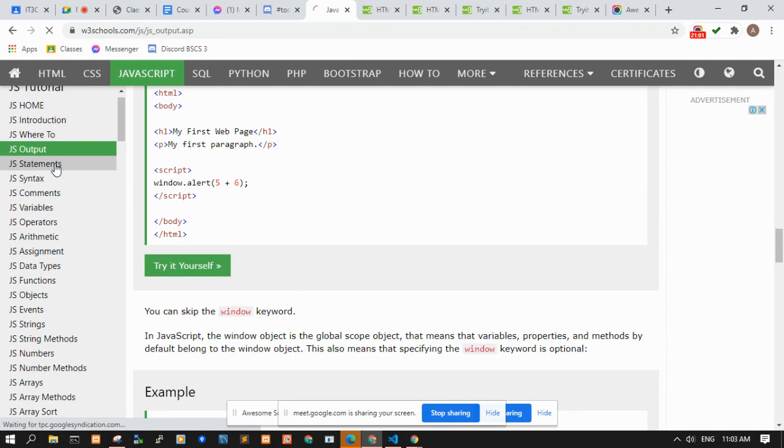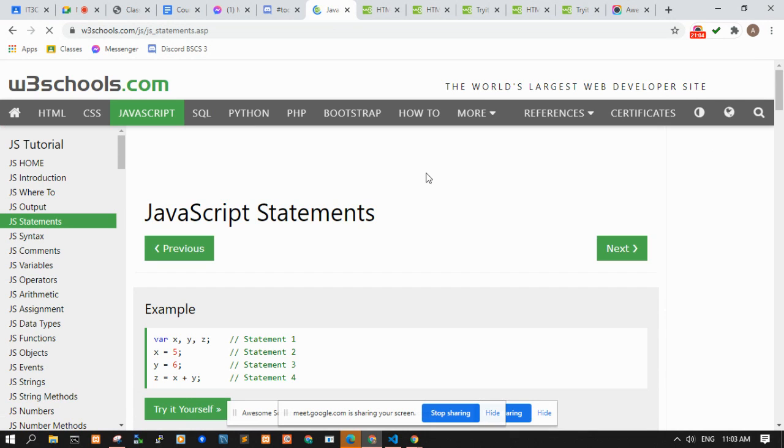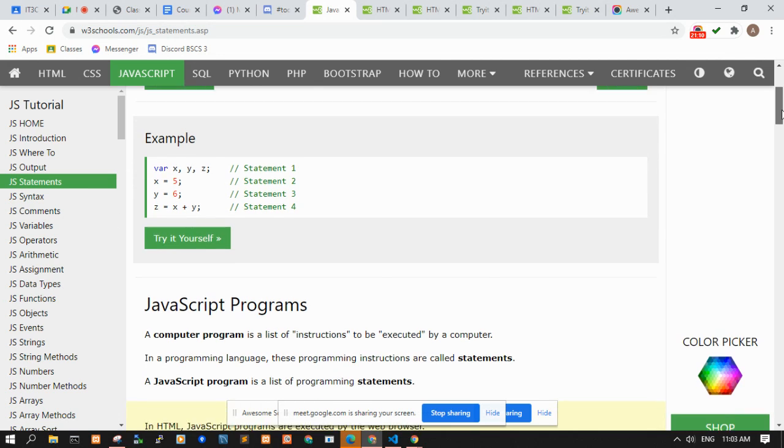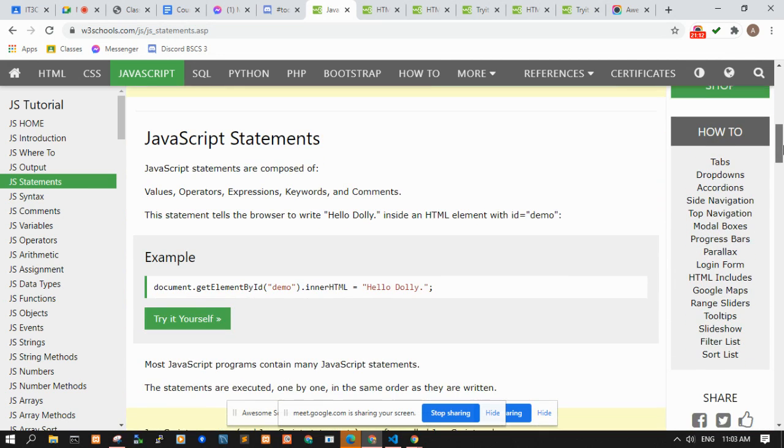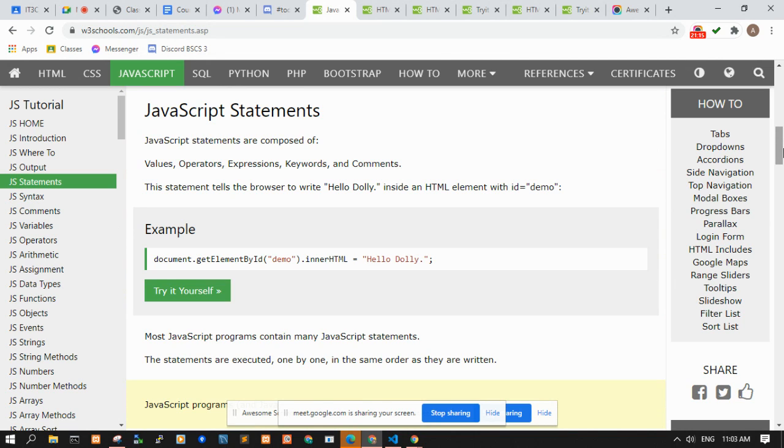And then statements. Just like every other programming language, we have statements. A statement in JavaScript can be or not be terminated by a semicolon. The semicolon is optional, meaning if the statement is complete, JavaScript reads it as a statement. Otherwise, it tries to read the next line as a continuation of that statement. Okay?